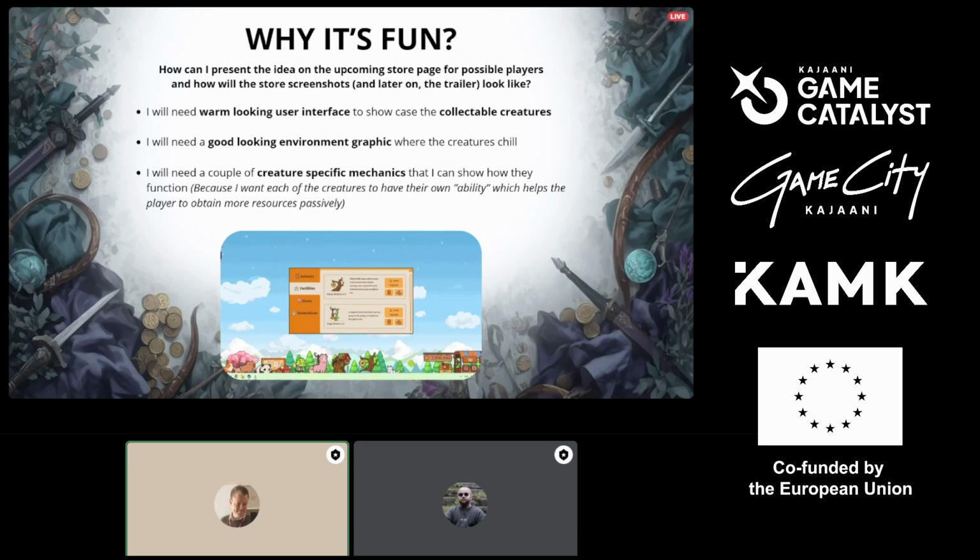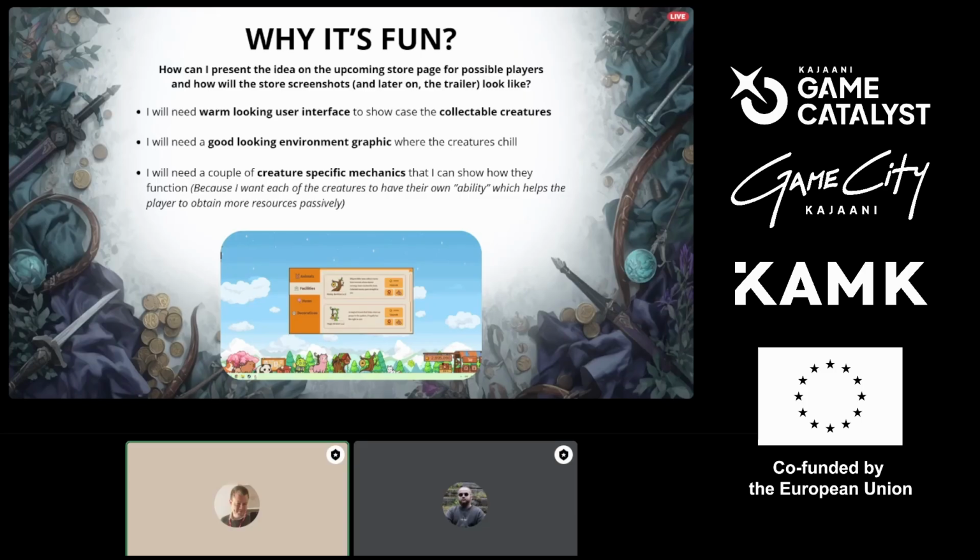And if the user actually gets interested from those, he or she may take a look at the description part of your game, where you are allowed to use GIFs and videos and images. So those are the only tools that can be used to communicate your idea. So keep that in mind.